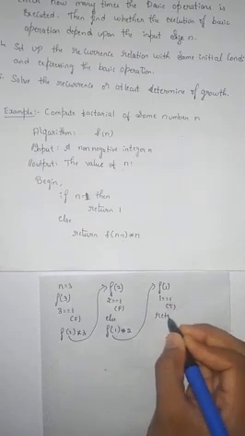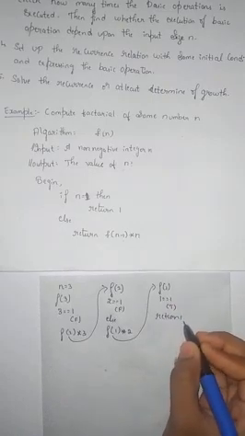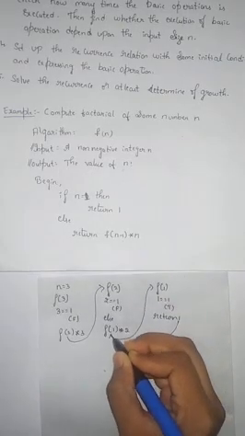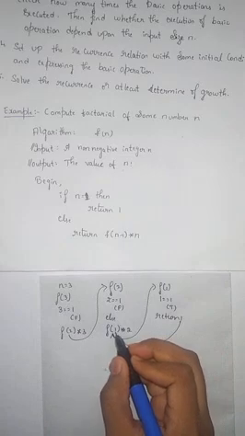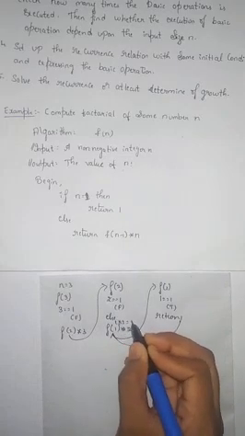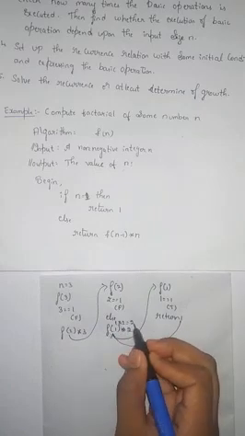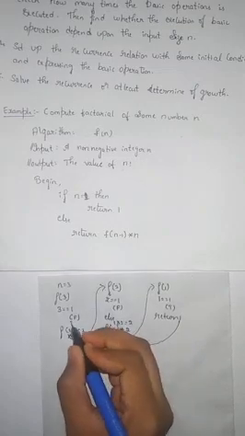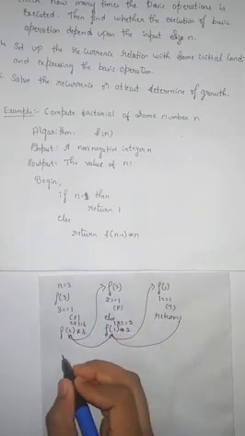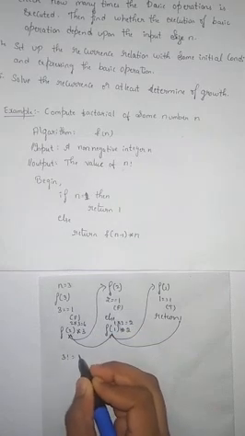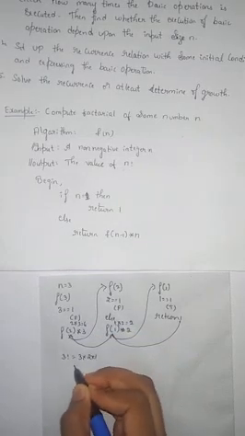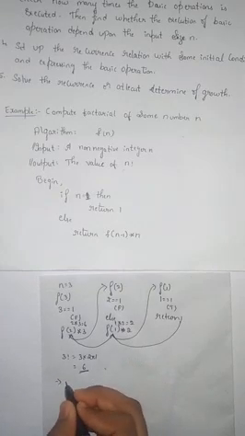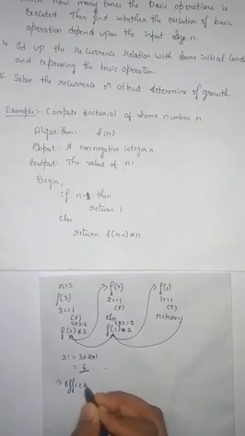So it will return 1 to the function which is calling it. It moves back from f of 1. Now it will become 1 into 2, which is 2. So it will move to the function which is calling it with 2. Now it will become 2 into 3, which is 6. So the 3 factorial will be 3 into 2 into 1, which means 6. Let us check the efficiency of this algorithm.